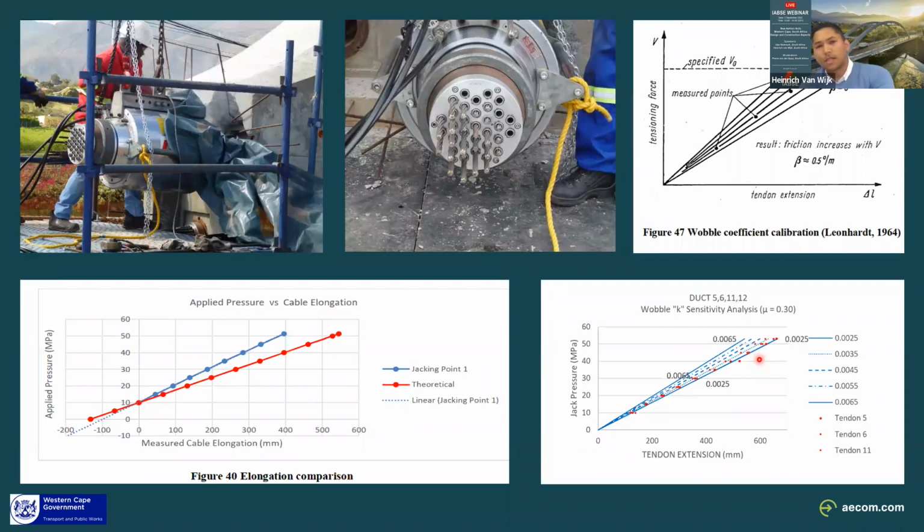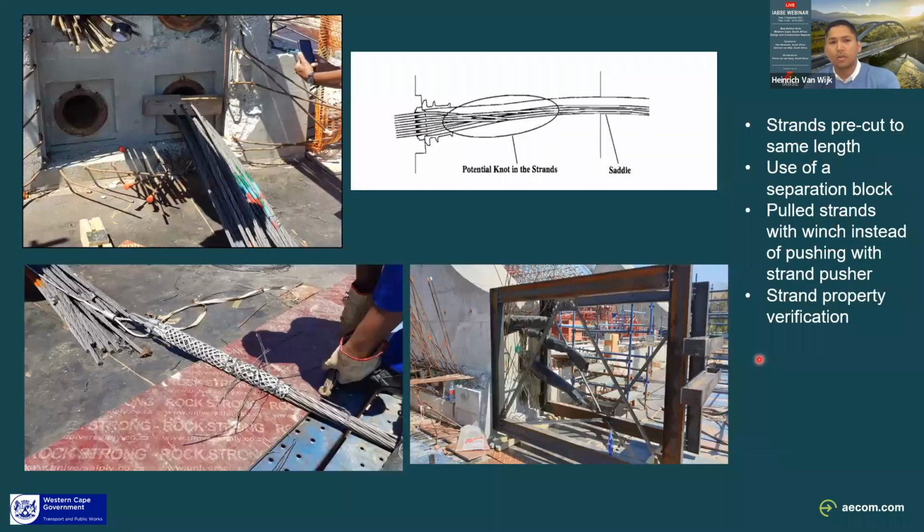But we also looked at other possible reasons for the under extensions, and we looked at our installation method. We know that for conventional smaller span bridges, the pushing method is your preferred method of installing strands, and that's what the contractor did. But just to ensure that any entanglement is not the reason for these under extensions, we reinstalled the cables with